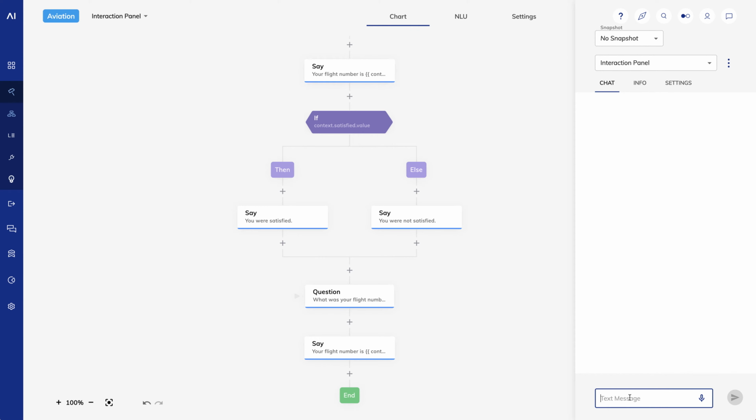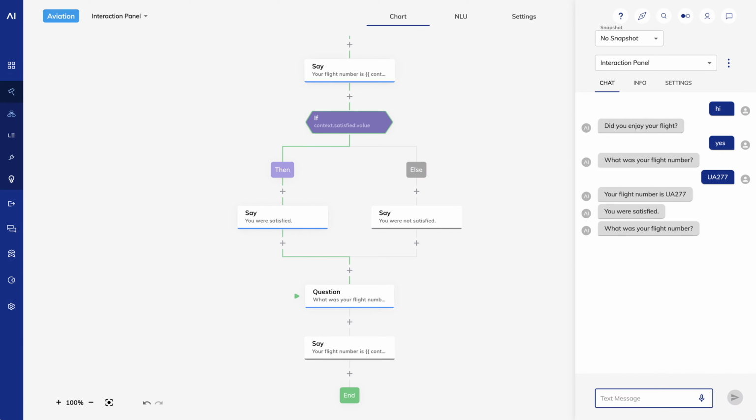If I test it out, I have to answer the question about my flight number a second time. We can imagine that this is at some other point in the conversation where I've triggered a different intent that requires this information, for example.